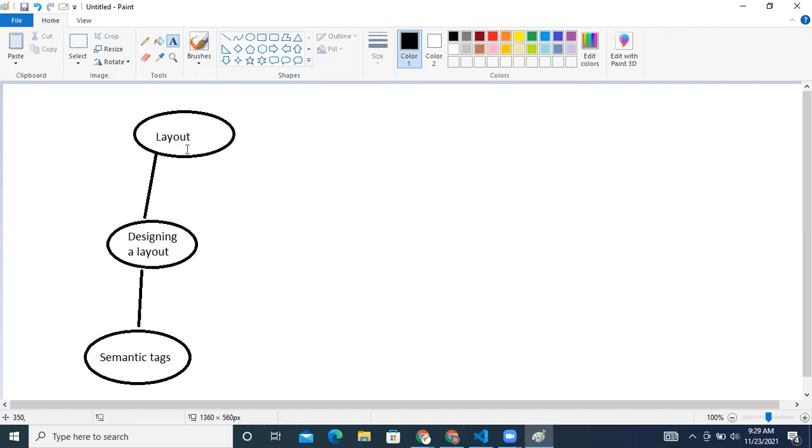So in normal HTML and CSS, what all did we use here? Footer. We used to have main, section, div, header. So these are the things that we used to use, right?